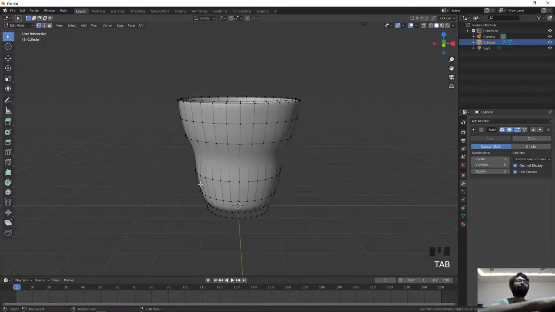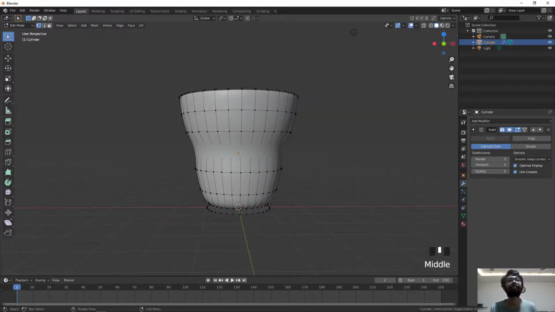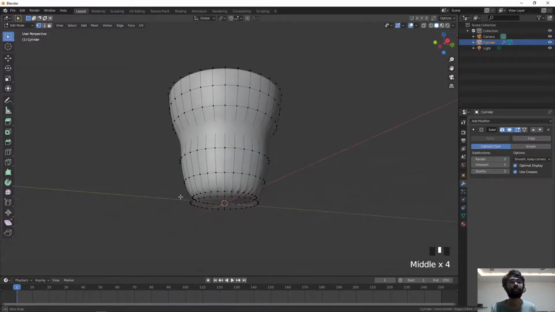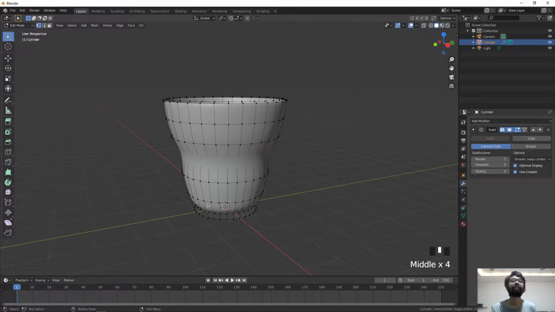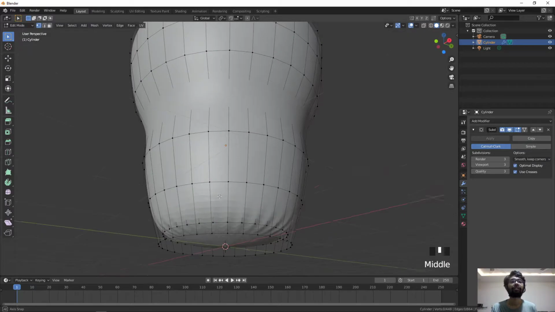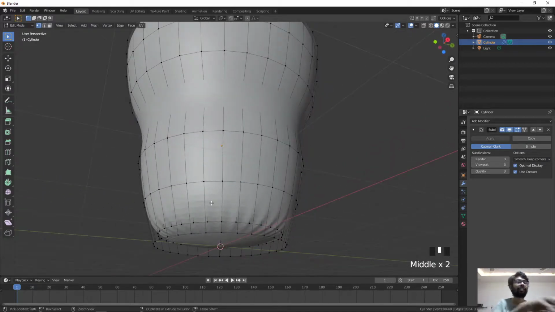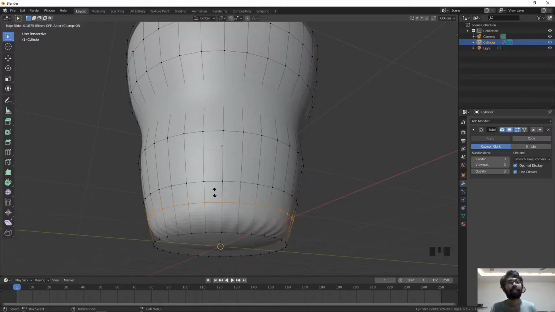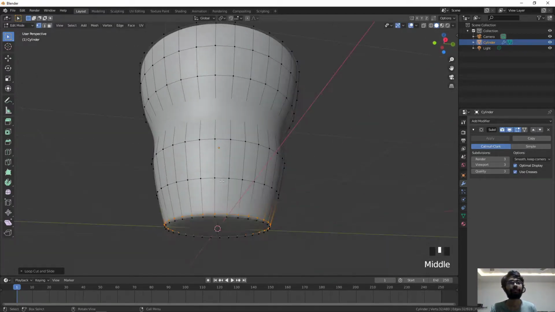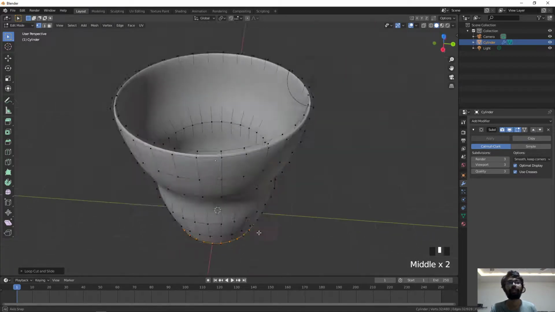So to repair this, we'll go to edit mode again. You can see the number of vertices are the same, so we can do some tweaking here. To get rid of these wrinkles, I'll add another loop cut with Ctrl R over here, and shift it a little bit up to here, which will get rid of these wrinkles.